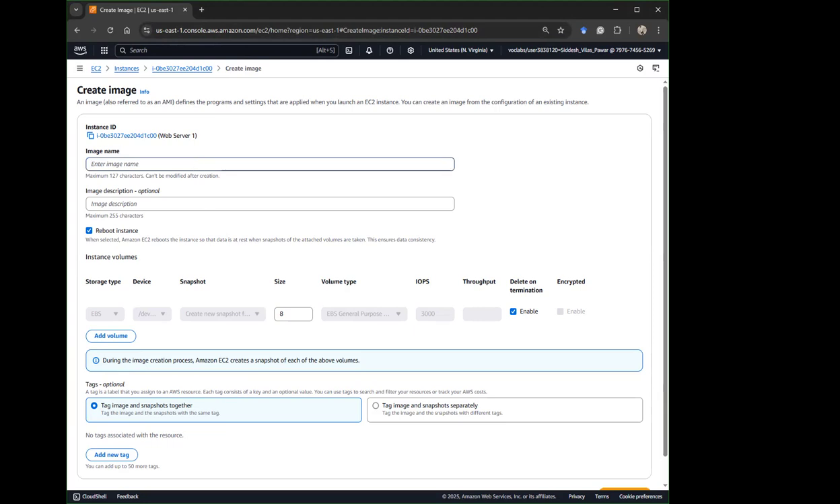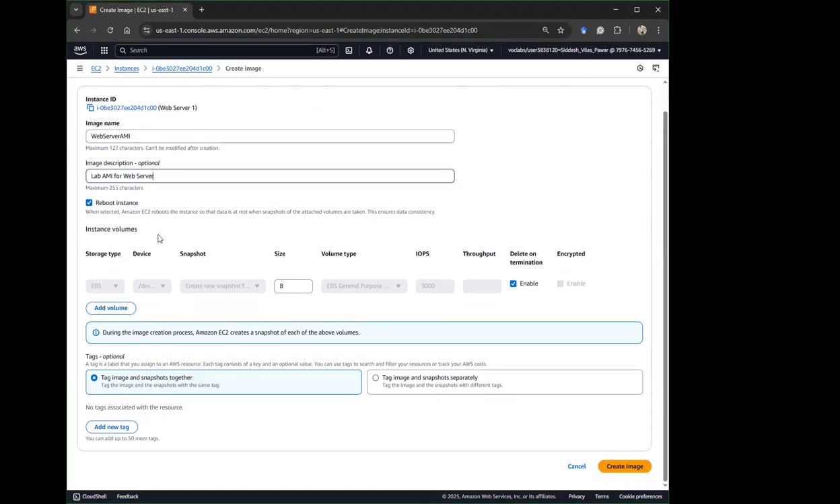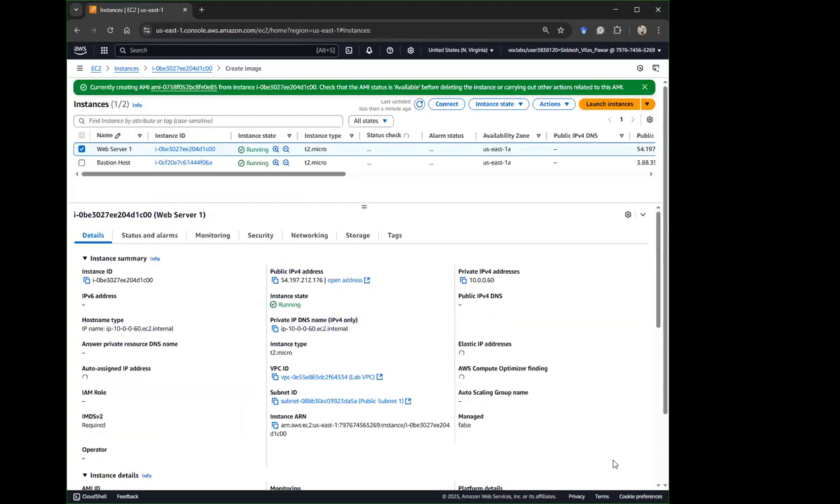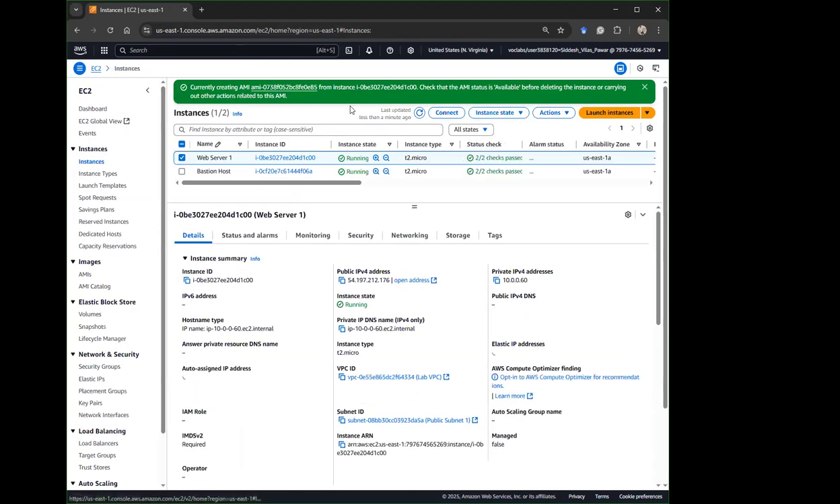You'll give that image a name, such as my lab server, and then we'll give an image description. And then what we'll do is click on create image. A configuration banner pops up. You will use this AMI when launching the Auto Scaling group later in this lab. So now what you see is the current